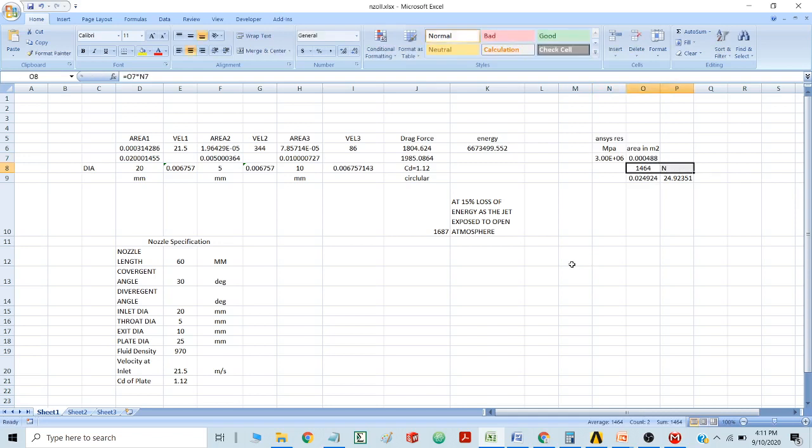And by doing the theoretical calculations using the continuity equation, the value comes to about 1687 Newton. This is the value of the force.